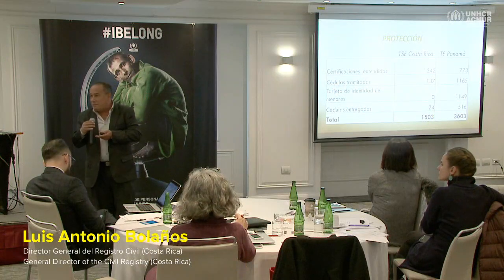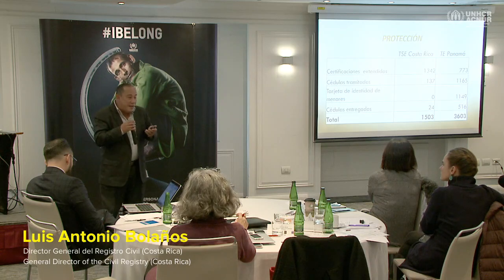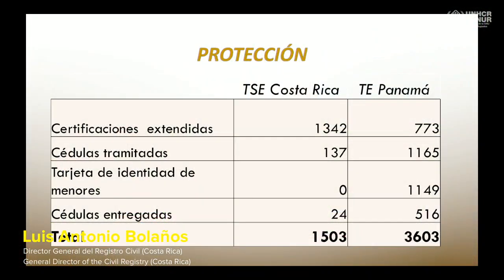We have this here as many of these people had no documentation. Maybe they were registered in Costa Rica or registered in Panama, but they had no documents, and they are impaired populations. They're poor. We have to take them the documents, as they have no time to travel to the National Registry offices. So part of these ID cards that have been processed have been given by the officers themselves at the zones of influence.